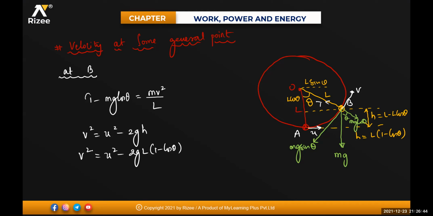Okay. And at the point B, centripetal acceleration will be equal to how much? At B, I can say that centripetal acceleration will be equal to v square divided by L. And tangential acceleration will be equal to how much for me? g into sin theta. See this one? Tangential force will be equal to mg into sin theta, that is equal to m into a_t. m gets cancelled, so tangential acceleration is g into sin theta. Clear?